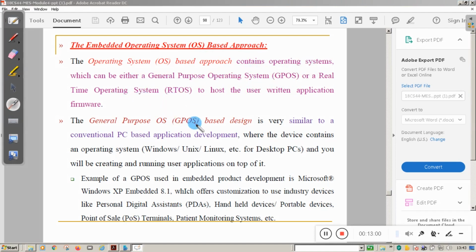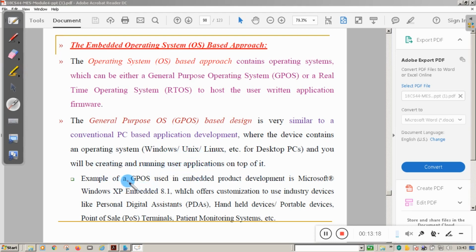General purpose operating system based design is very similar to our conventional PC based application development, where the device contains an operating system like Windows, Linux, Unix, etc., and you will be creating and running user applications on top of it.